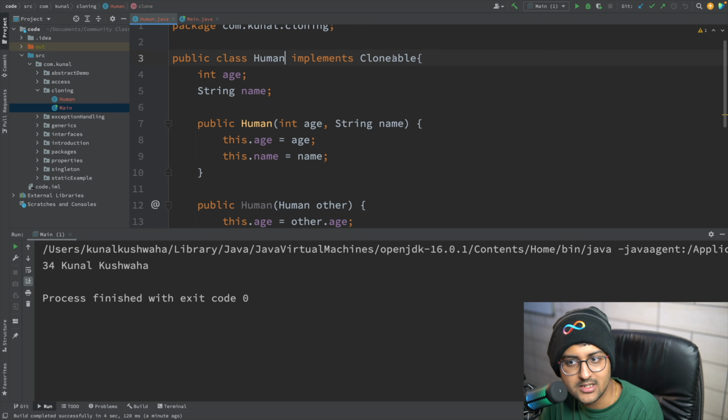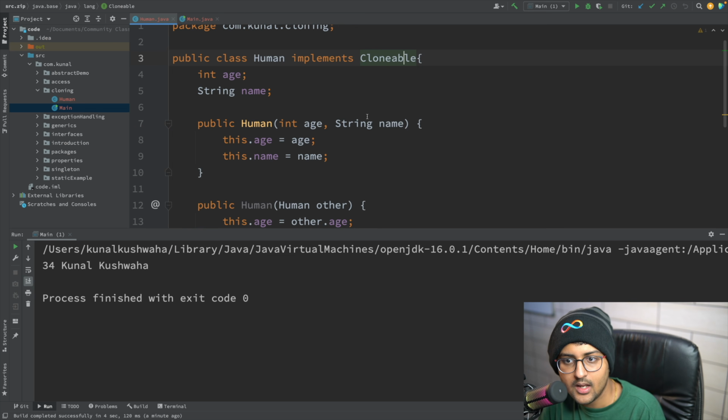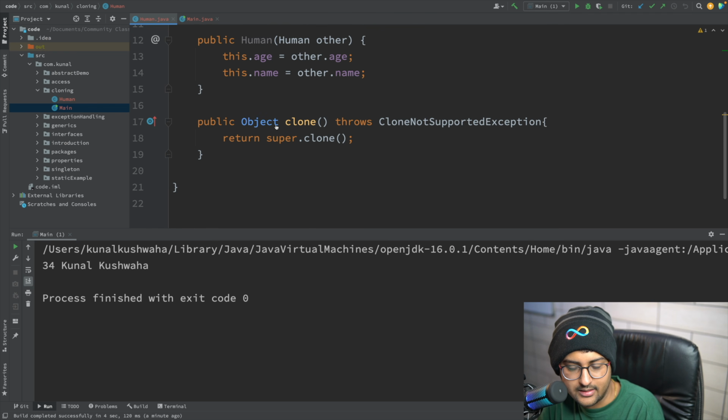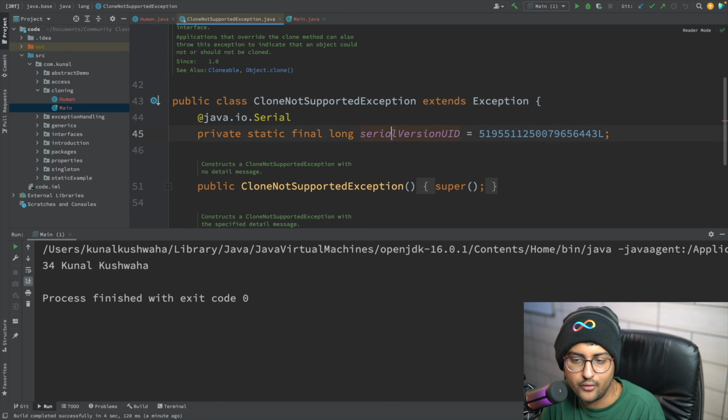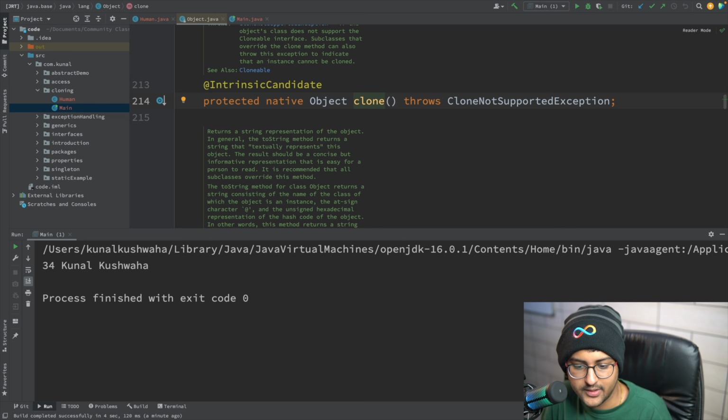This class implements Cloneable. Cloneable is an interface that we are implementing. Here it actually does not have anything, but super.clone throws CloneNotSupportedException, so we are adding that over here. Why?